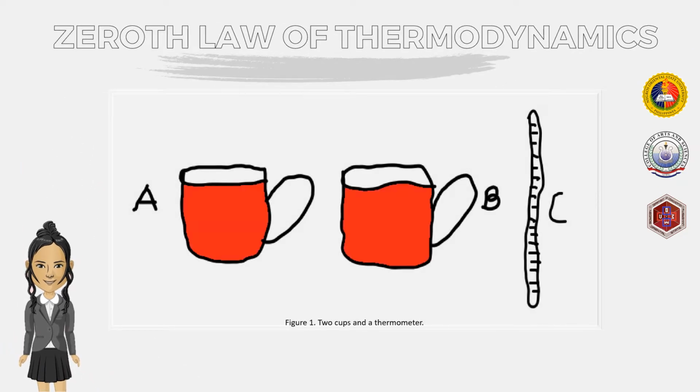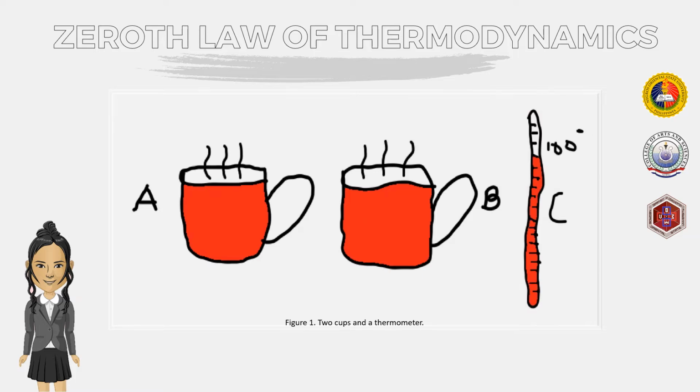This means that if system A is in thermal equilibrium with system C, and system B is also in thermal equilibrium with system C, systems A and B are also in thermal equilibrium. For example, consider two mugs filled with boiling water. When a thermometer is placed in mug A, it gets warmed up by the water until it reads 100 degrees